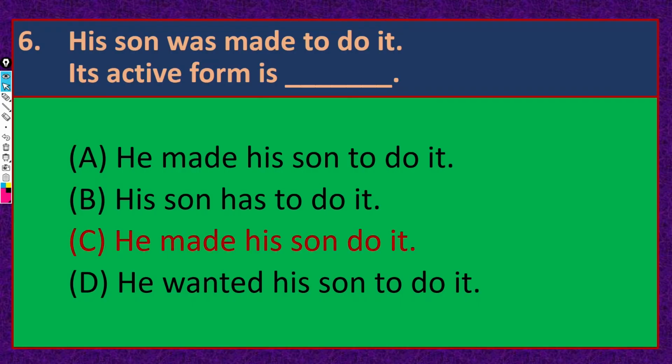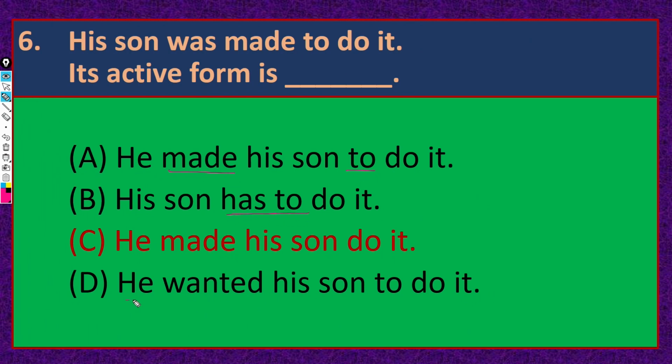Yes, the correct answer is he made his son do it, right. So, why? Because you just see "to" is there, so "made" is there, you can find "made to", this is not accepted. "His son has to do it", this is also not accepted, "has to do", and "he wanted his son",